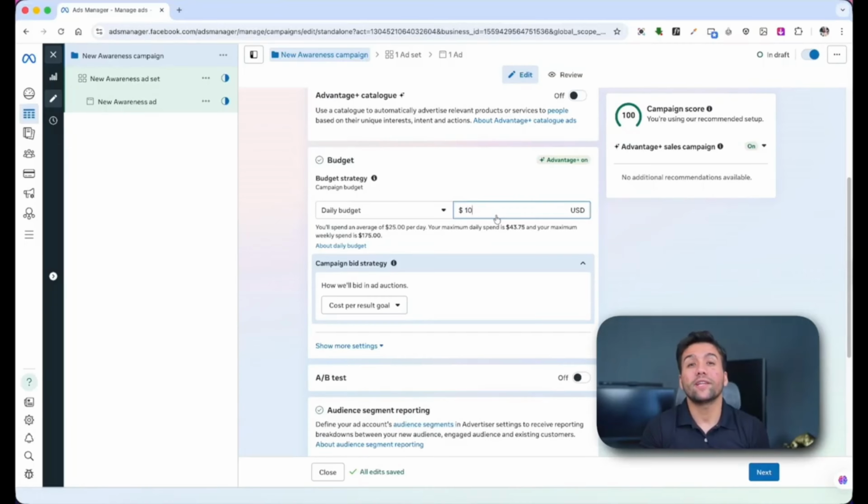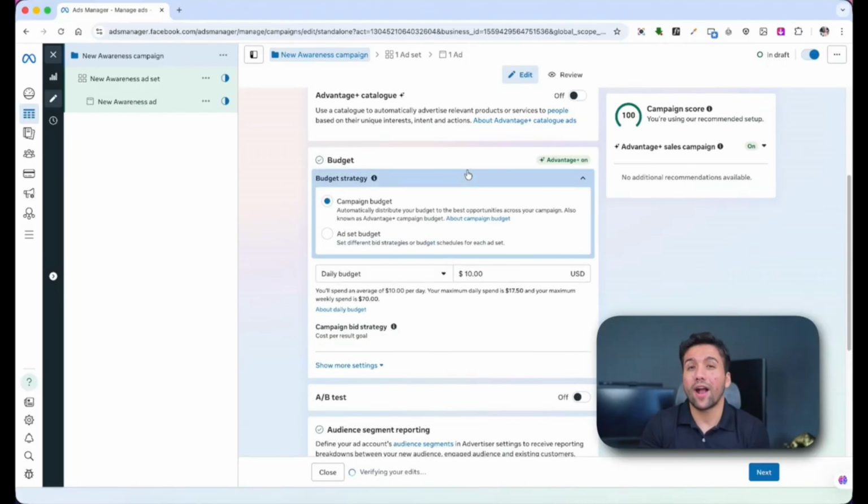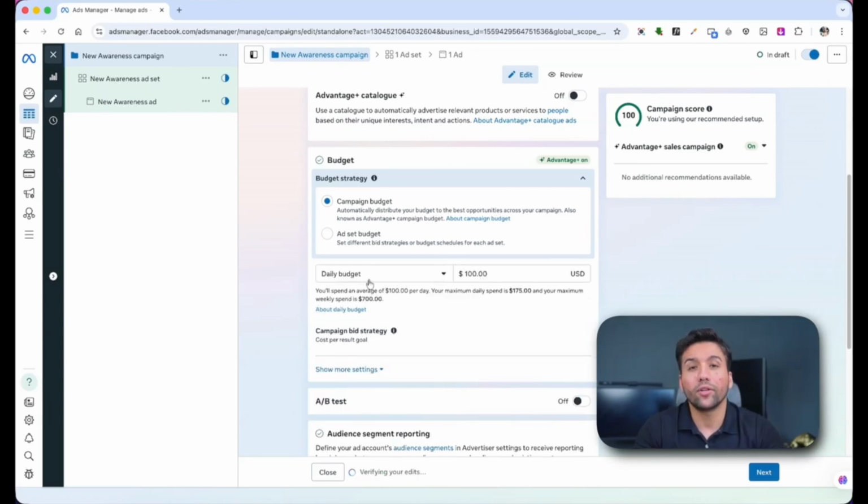So if you're testing a whole bunch of new ads and you are on $10 a day versus $100 per day, you're obviously going to have to wait, not necessarily 10 times as long because it's not quite linear, but you would have to wait a lot longer to find out which ads perform well, which targeting options, and get to the point where your campaigns work. But at the start, you want to work out how you can spend as much as possible whilst keeping great results and keeping your